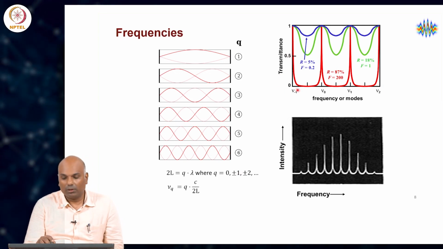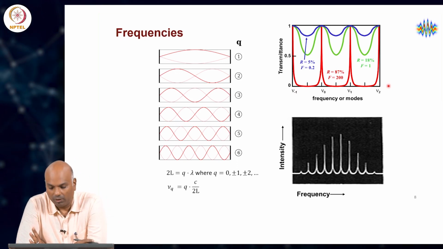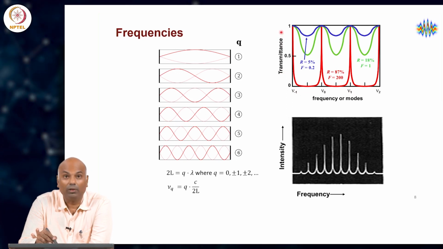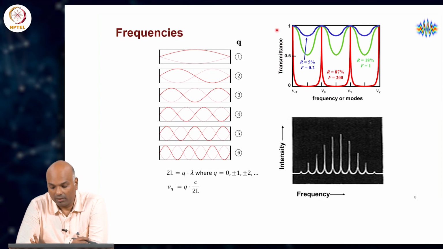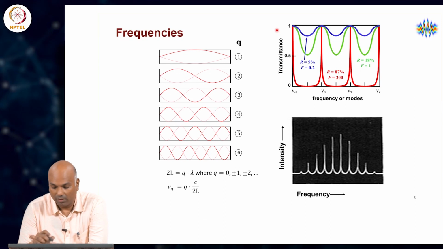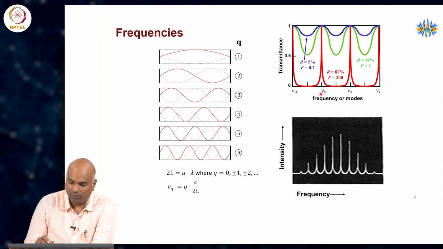That results in the following plot, where you have frequency on the horizontal axis and transmittance on the vertical axis. And at cavity resonances, which we call the resonant modes of the cavity,